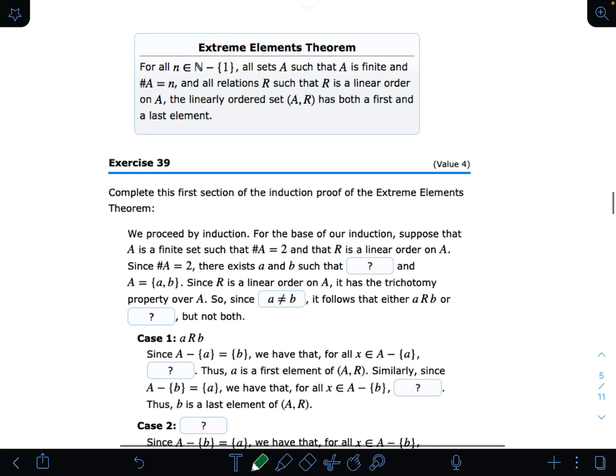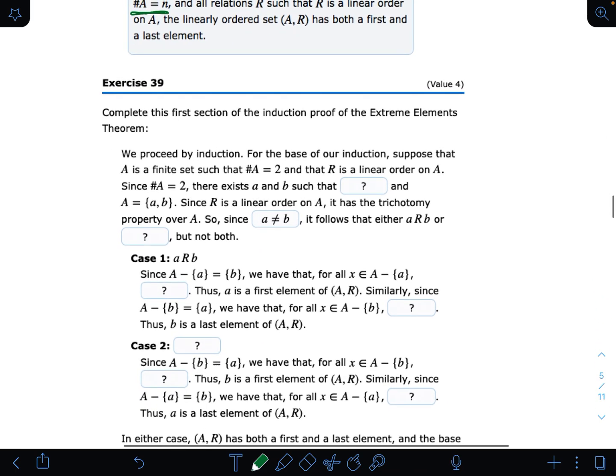So the extreme elements theorem is also part of this section here. If we have a finite set of elements in A, described by n, then all relations R on a linearly ordered set must have some first and last element, no matter what. And so the first step to prove this by induction: